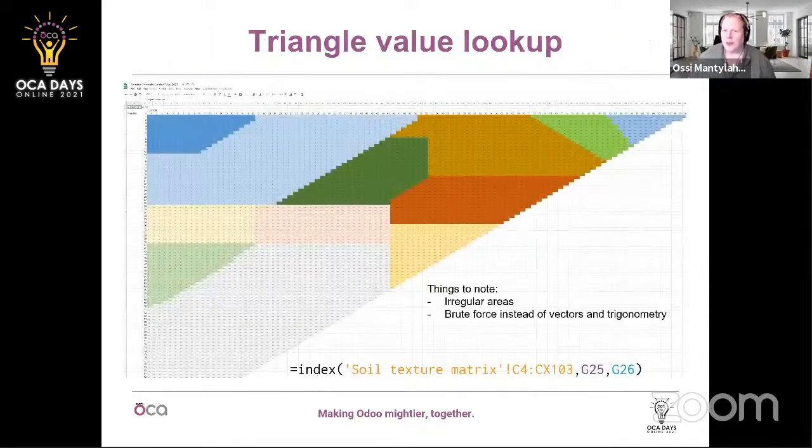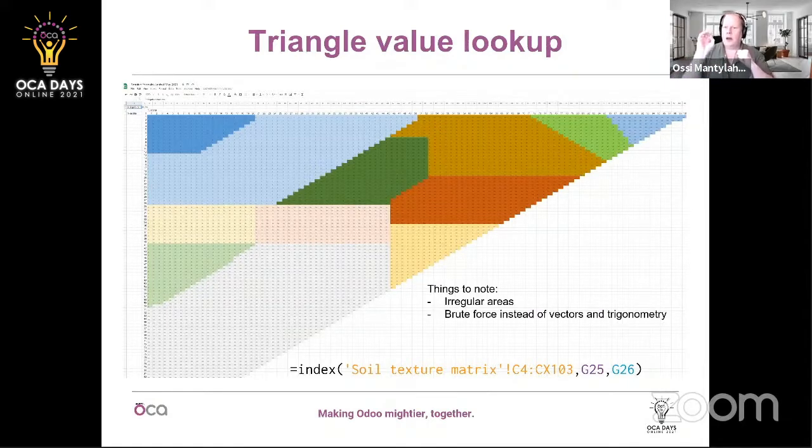So what we did here is that we actually applied a bit of brute force for this triangle lookup. We actually drew the triangle just using the Google Sheet cells as a reference, and we just drew that, okay, this goes here, this goes there, and then we wrote the values of that soil texture